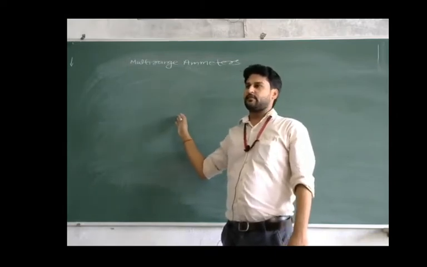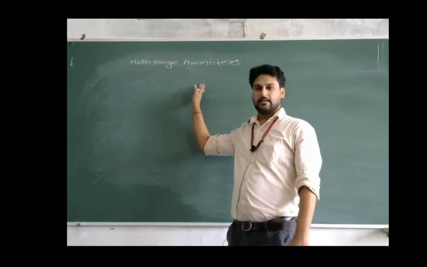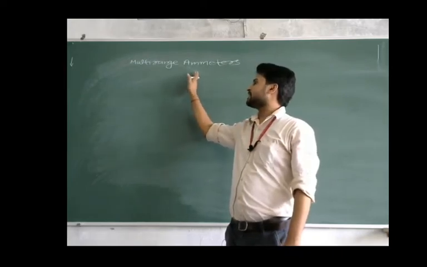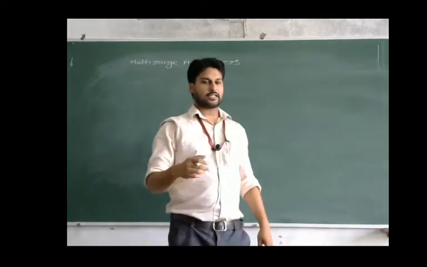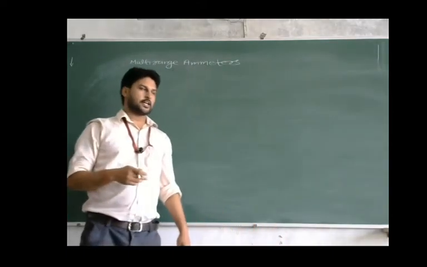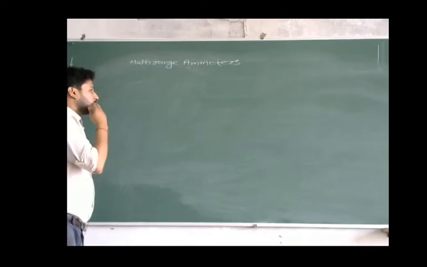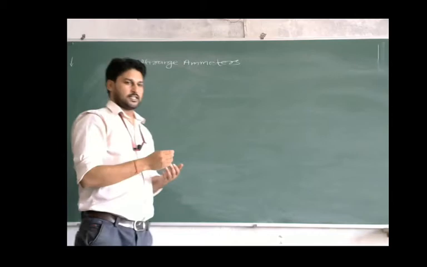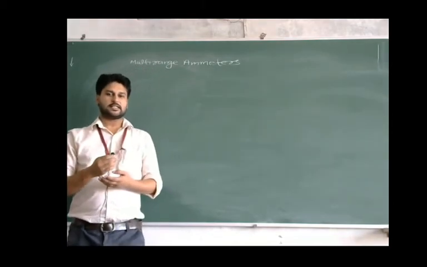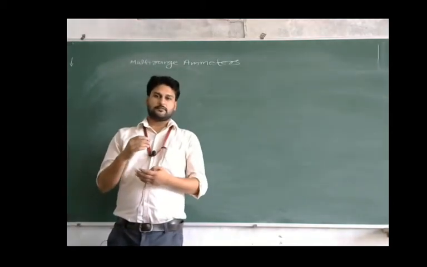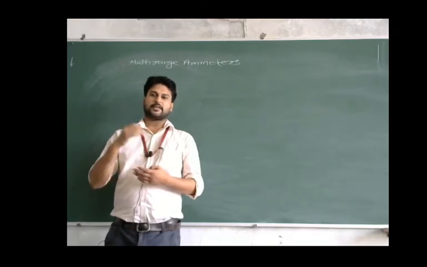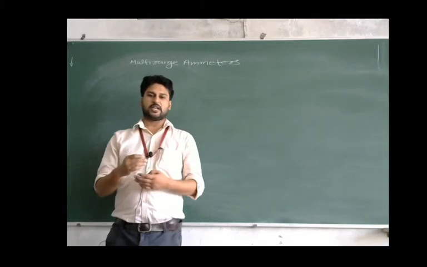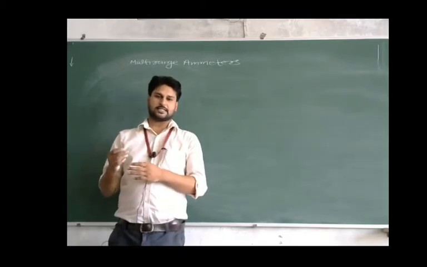There is another way to increase the range of the PMMC instrument. This is the multi-range ammeter. Multi-range means there are multiple ranges. By using multiple shunt resistances, we can increase the range to more than one value. We can increase the range of this ammeter by using more than one shunt resistor.